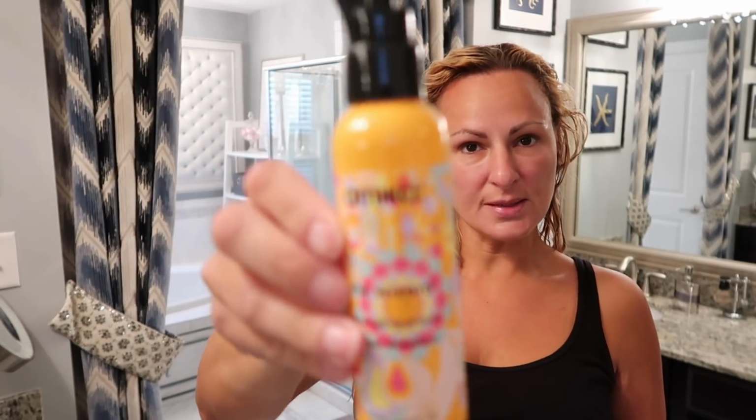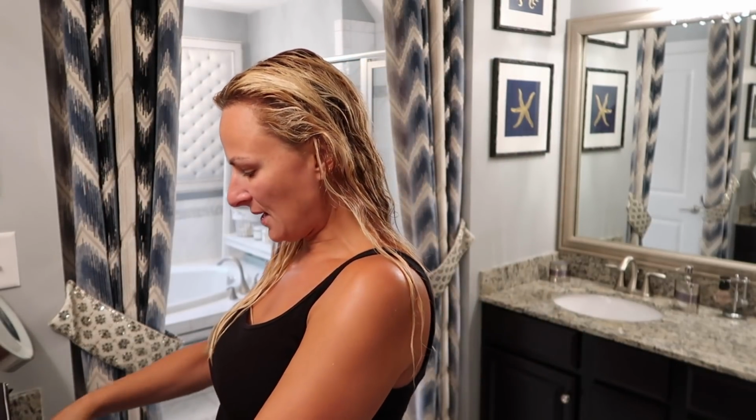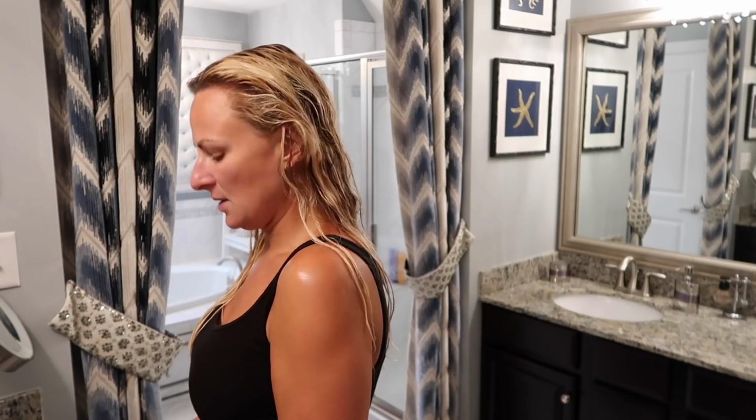I usually use Amika, the Wizard. Actually, a lot of the products I'm gonna be using, I go through a lot of different products because I like to mix it up. I like to find what my faves are. I'm really into the Wizard, so the Wizard's good. It helps to detangle my hair, and I have extensions, so I have to be very careful about being gentle